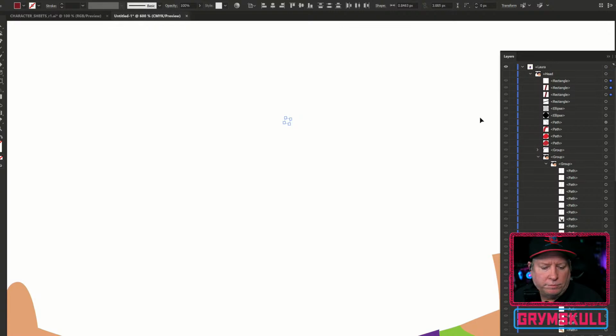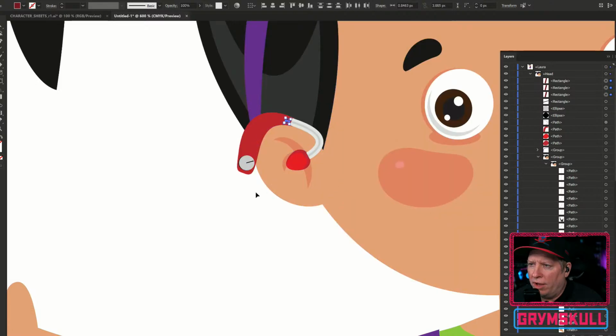And boom, there we go. All right, so if we turn our head back on, we should now have all the components of the hearing aid. I'm going to select all of these little components.